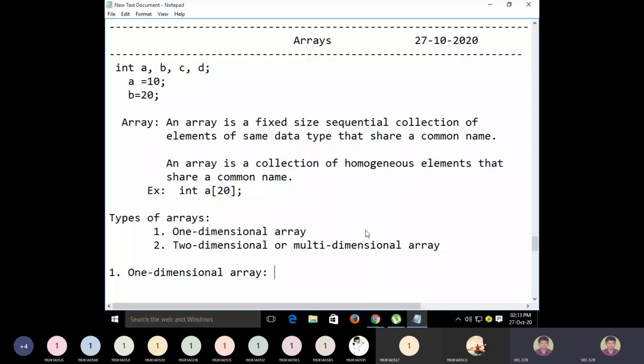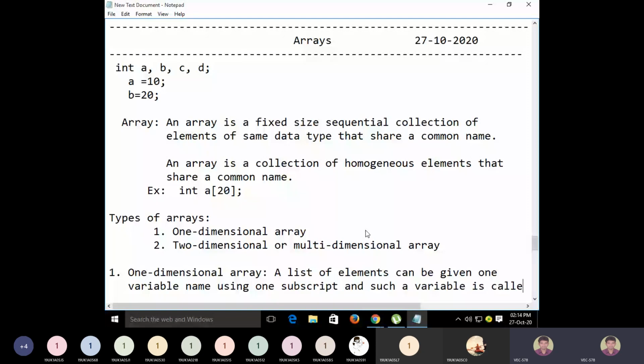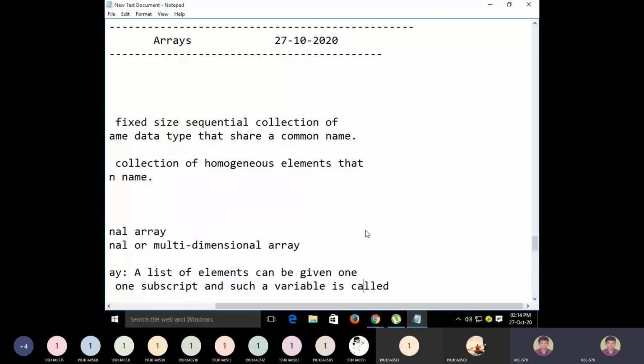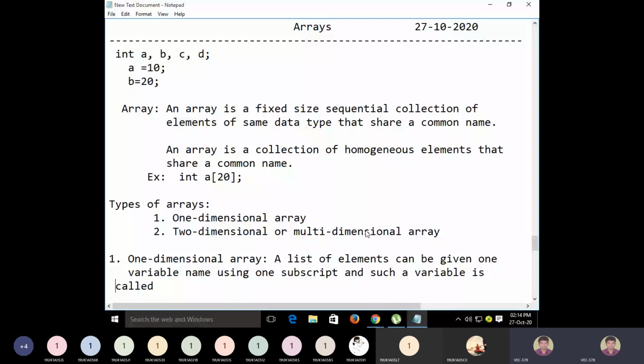So how can we define one dimensional array? That means a list of elements can be given one name using one subscript, and such a variable is called a one dimensional array.